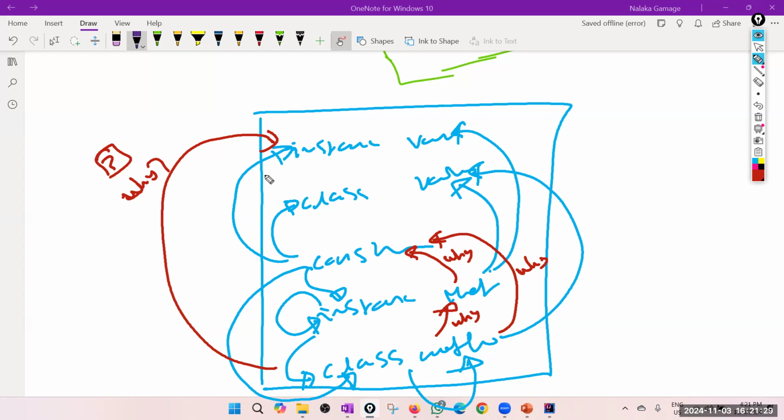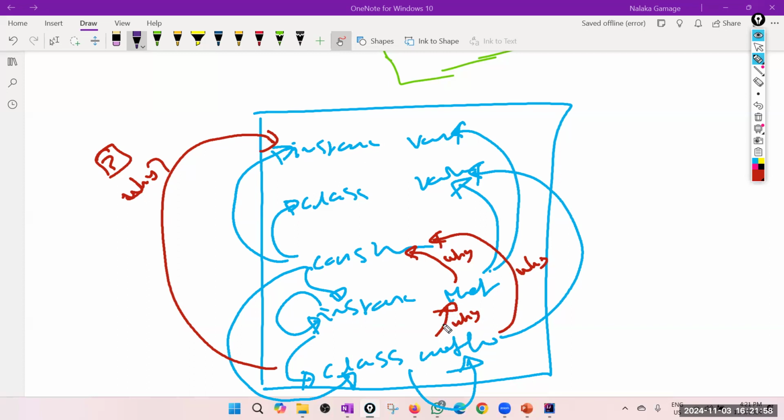Because class method means it's a class level method. Otherwise, you could have made it an instance method. So when you say it's a static method, you promise that you will not access instance variables. That is what is meant by having the static keyword. So now when you have already promised that you don't touch instance variables, how do you access an instance variable? Then that will collapse the concept.